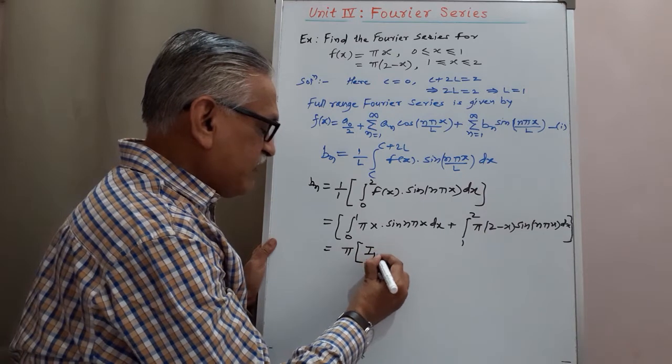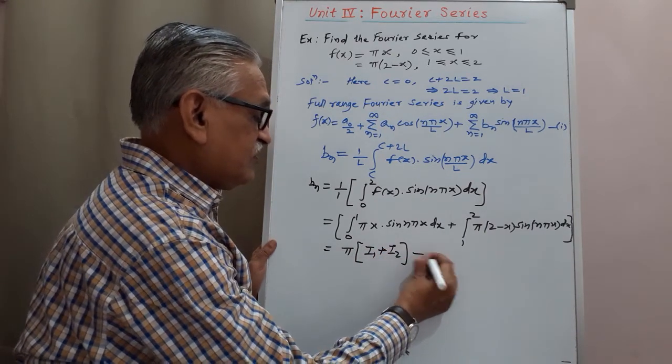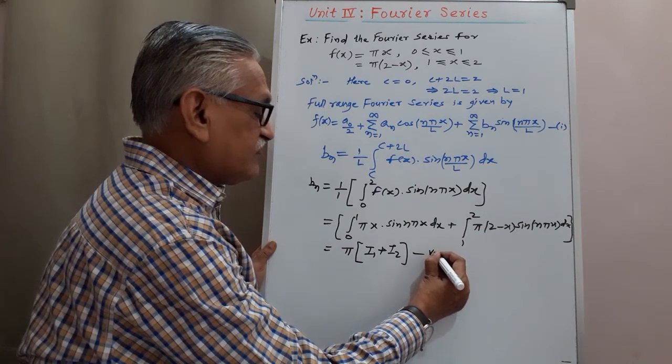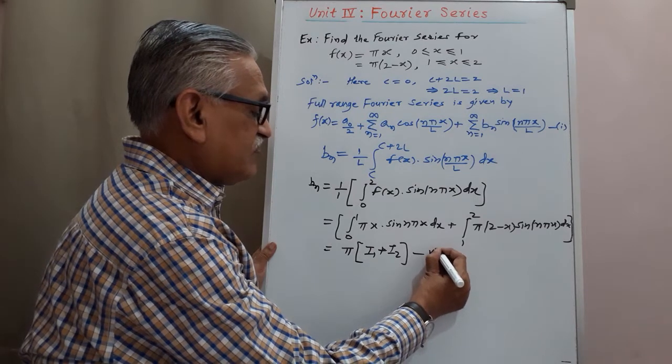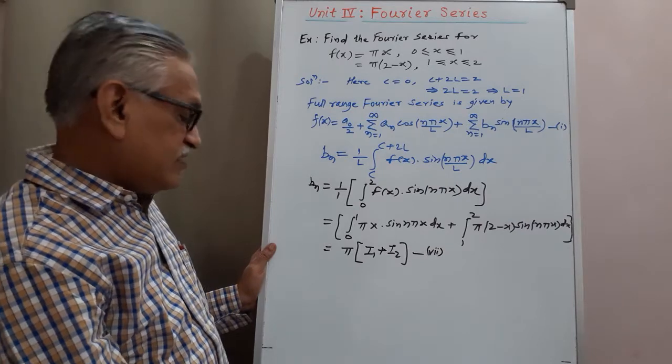Therefore it is pi times I1 plus I2, we call this equation number 7, where